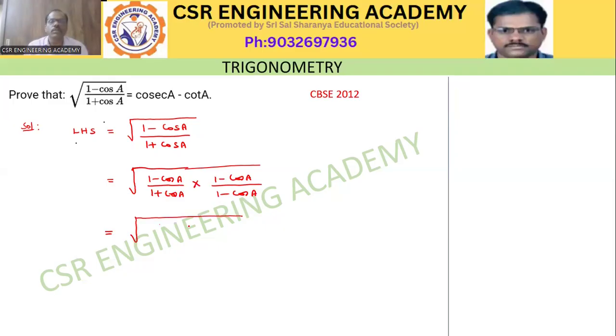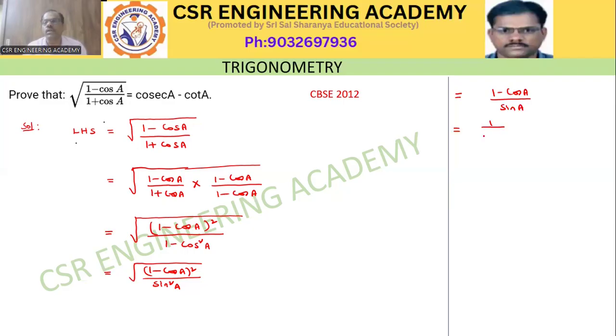(1 minus cos A) whole square divided by (1 plus cos A) into (1 minus cos A), which is 1 minus cos square A, is equal to root of (1 minus cos A) whole square divided by 1 minus cos square A, is equal to sin square A. Root of (1 minus cos A) whole square divided by sin square A is equal to (1 minus cos A) by sin A, is equal to 1 by sin